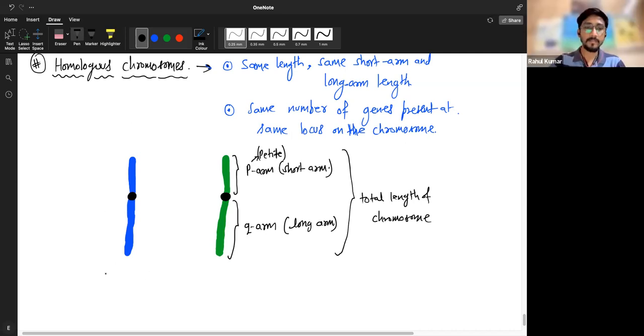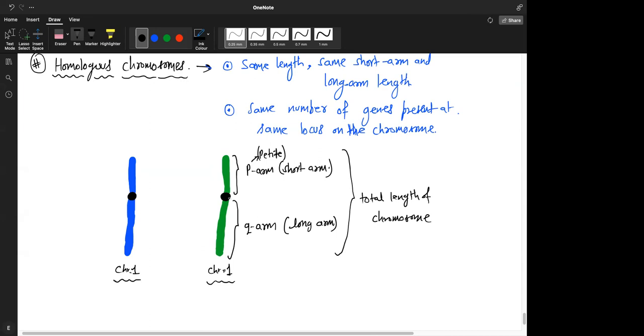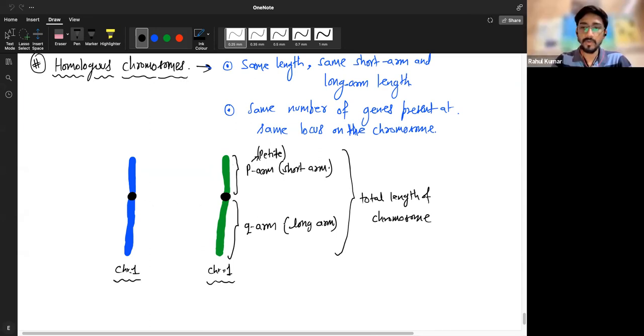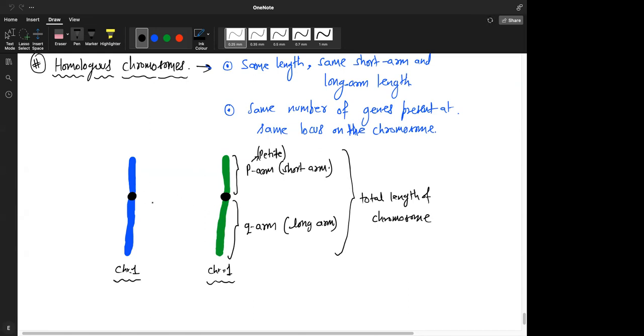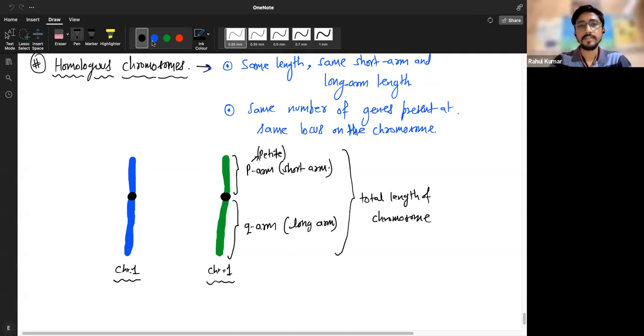So this is basically the same chromosome. This is chromosome number 1. This is also chromosome number 1. As you said before, they separate during gamete formation. But one of these came from the mother and one came from the father in a diploid cell. You understand? To begin with, on this chromosome, P arm and Q arm is clear to you? Now what happens is, just before